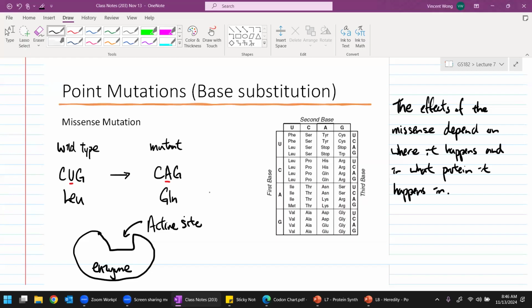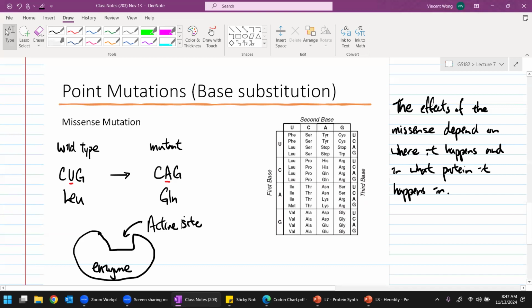Like a red light. Loss of function in a red light can cause the cell cycle to accelerate, right? However, if we have a loss of function mutation in a green light, then maybe it's not as bad, right? If the green light stops working, that's not going to cause uncontrolled cell division, right? So not only does it depend on where in the protein it happens, but it also depends on what kind of protein it is happening to. All right? So always think about